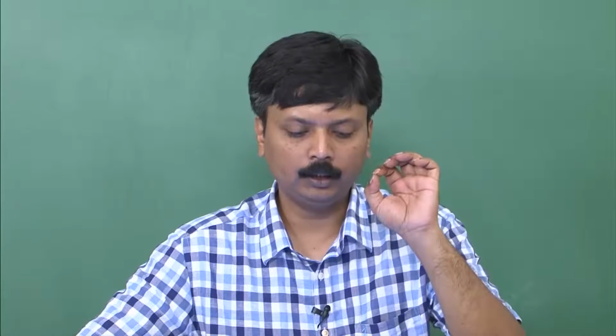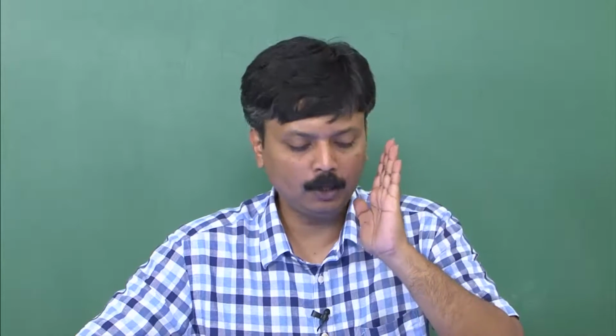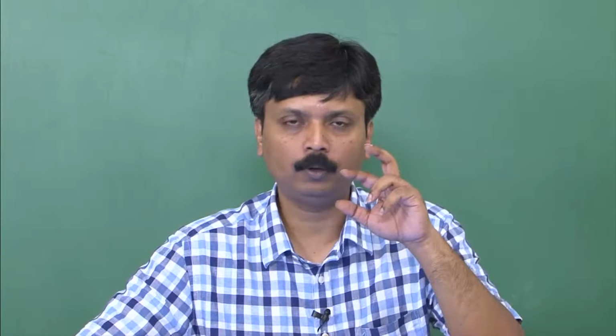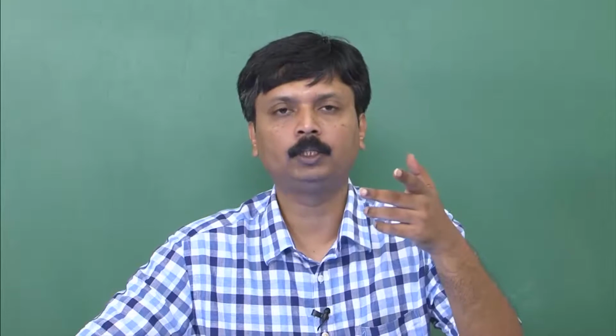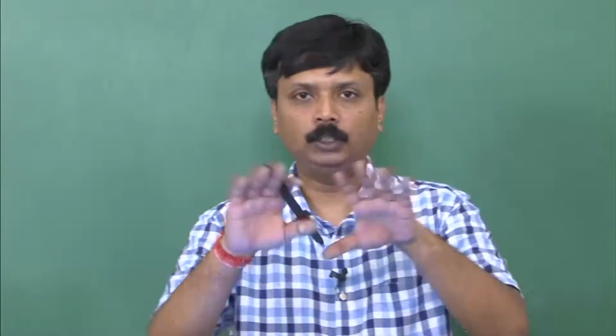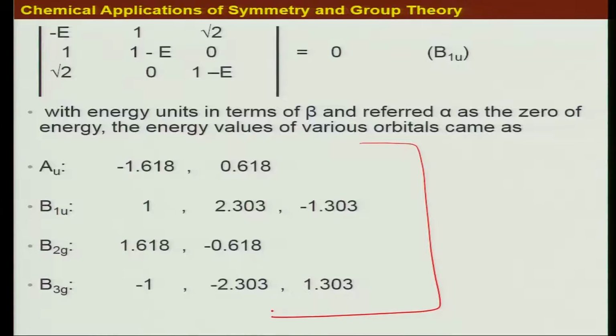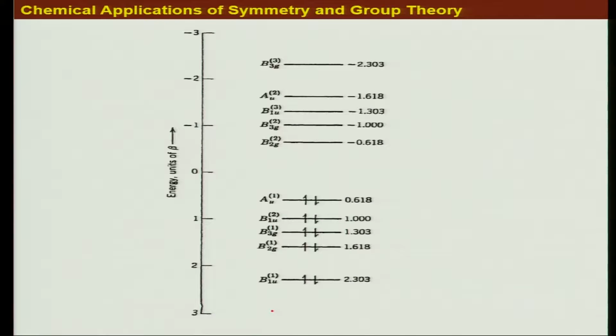energies corresponding to each irreducible representation. Essentially, for say AU you have 2 SALCs, meaning that 2 orbitals will be formed. When we solve the determinants, if it is 2-dimensional you get 2 roots, if it is 3-dimensional you get 3, so you get 2 or 3 different energies. Once you solve for all the determinants you get these energies, and then you have to arrange these energies in an energy scale. So here we have done that, after finding the energies corresponding to a particular orbital with a particular symmetry. Then we just arrange these energies